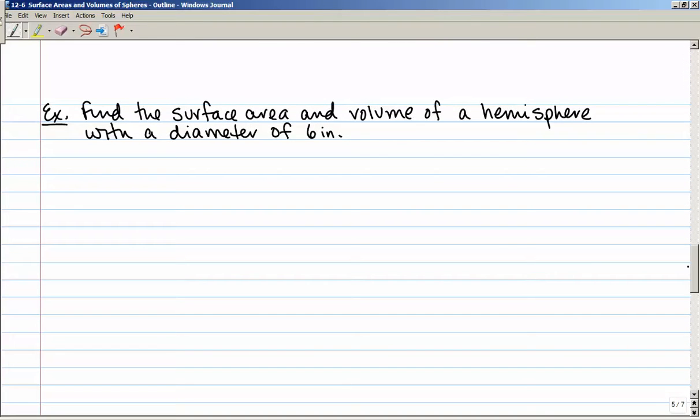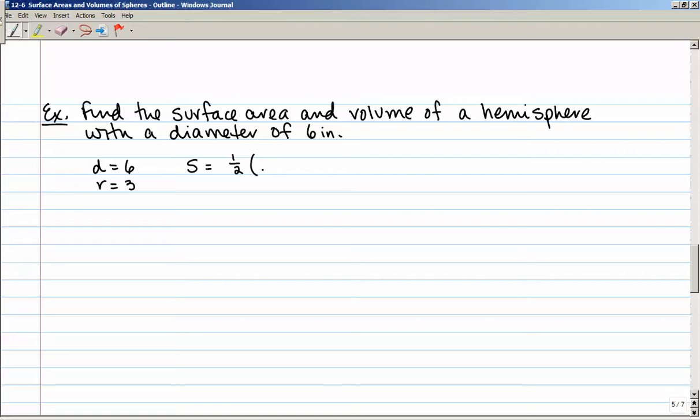Okay. Another example, find the surface area and volume of a hemisphere that has a diameter of 6 inches. Well, if the diameter is 6, then the radius is going to be 3. So, surface area of a hemisphere. Before I write the formula, let's think about this. The surface area of a hemisphere is going to be half of the outside of a sphere, plus it's going to be that circular top on it. Remember I talked about having a hemispherical cereal bowl and then maybe a lid on top of that. So it's going to be 1/2